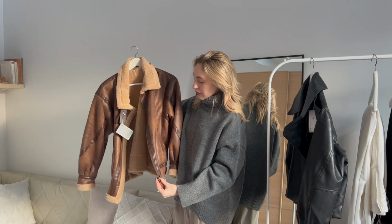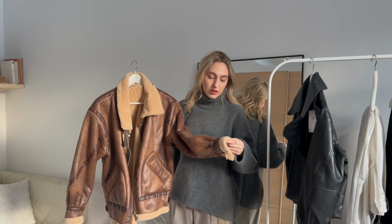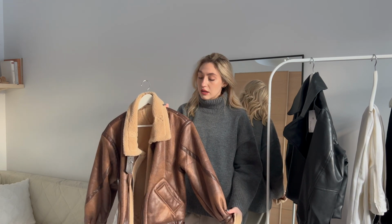What I would say about this one, from the visual and aesthetic points of view, I love it. It looks exactly like I wanted. And the only thing that I would say is that it's much thinner than I anticipated. It's even thinner than my black one, so